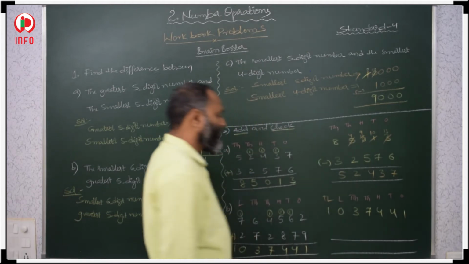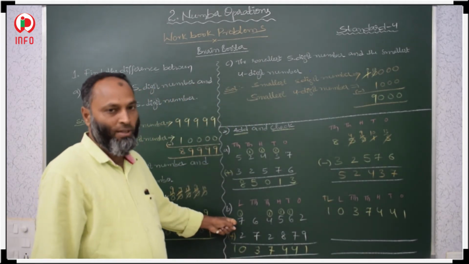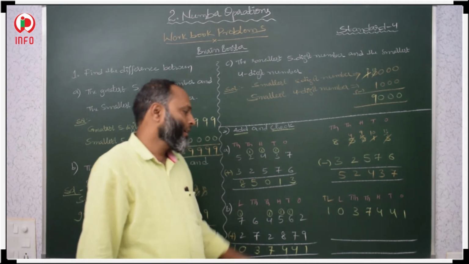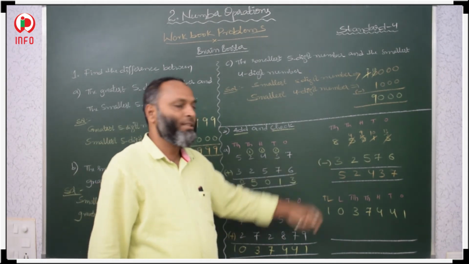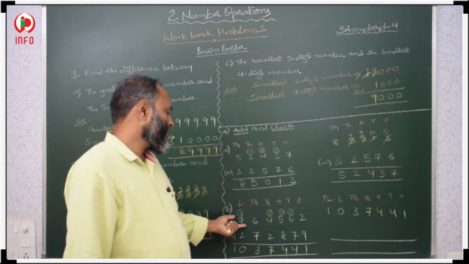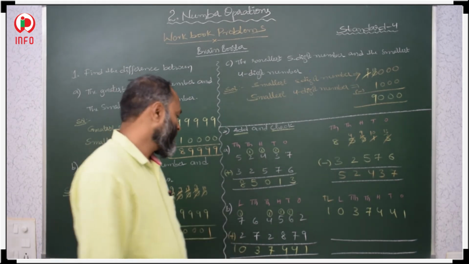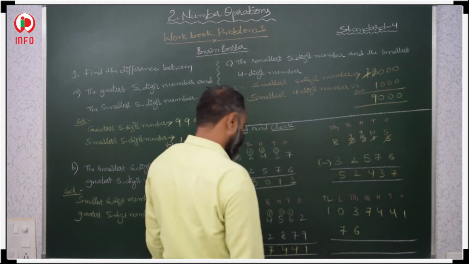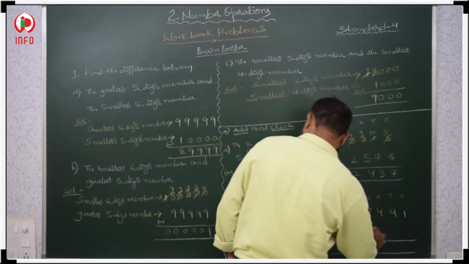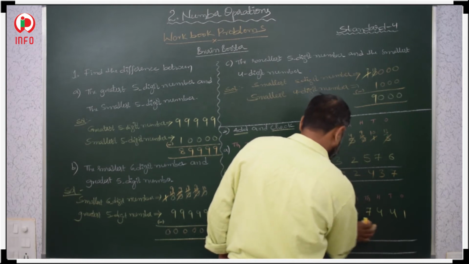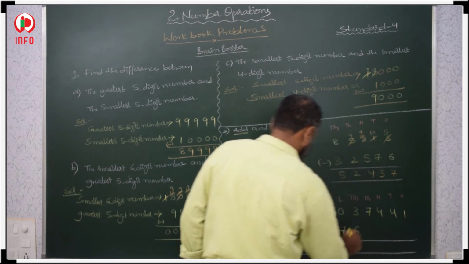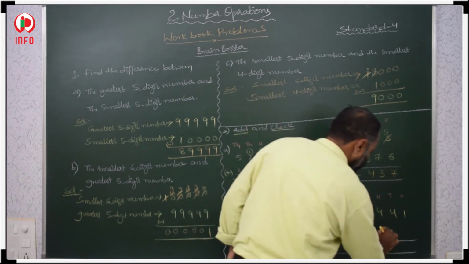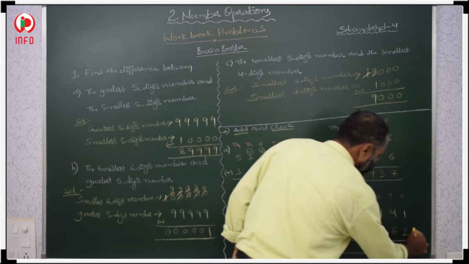37,441. From this we have to subtract the first one. I want to take that in the second question. I want to subtract this first addend. In the first question I subtracted the second one, but in this one I want to check this. Second, first addend. 77 lakhs. 64,562.